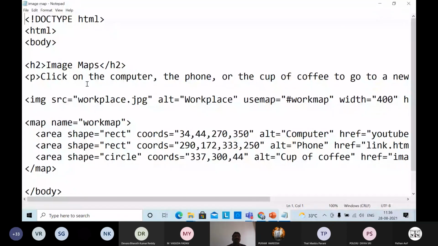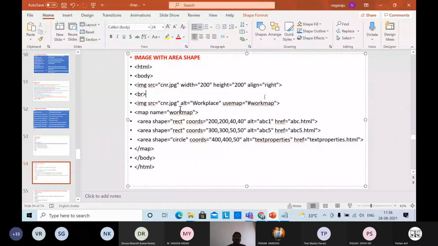Then you see that, click on computer, the phone, and copy of this one, workplace.jpg. Here I have taken that workplace.jpg. Here is also the same thing, but I did not change that, and here we can use the